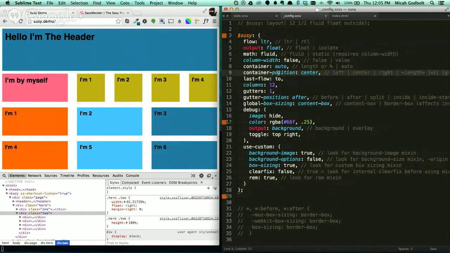And we're just going to start at the top. Again, we're going to work our way down about what all of these different features do. So flow, LTR, RTL, that might be a little bit obvious, but left to right or right to left. So with Susy, you have the ability to really easily, and let's see if I'm